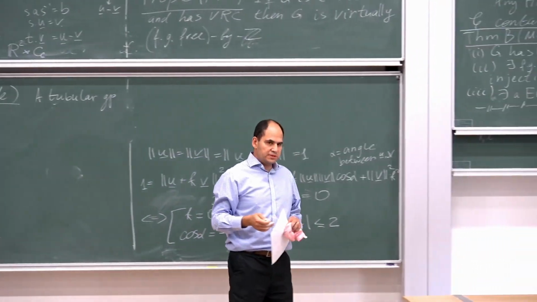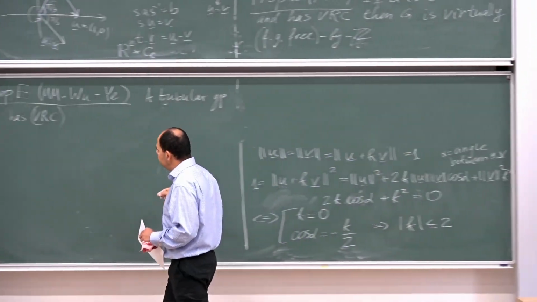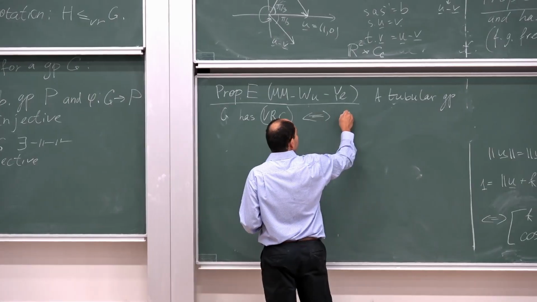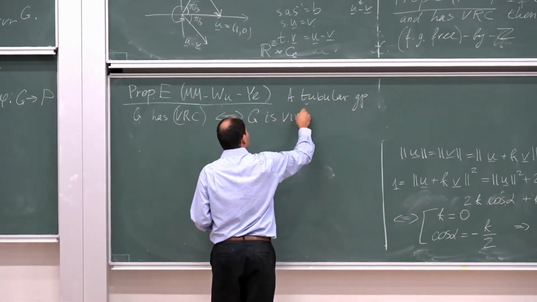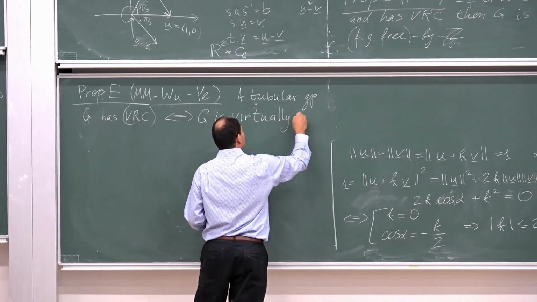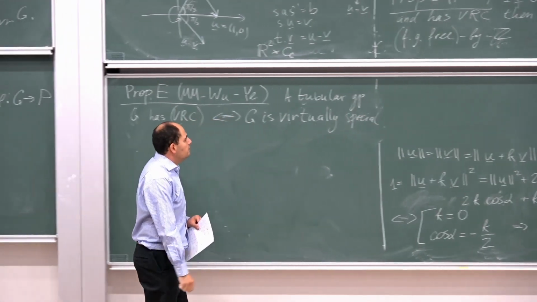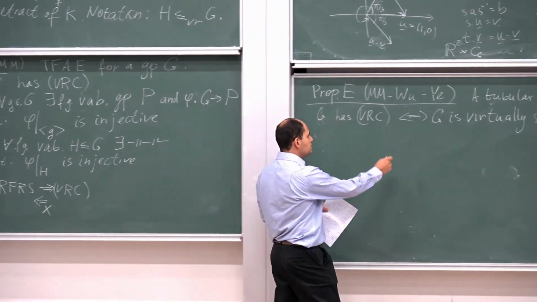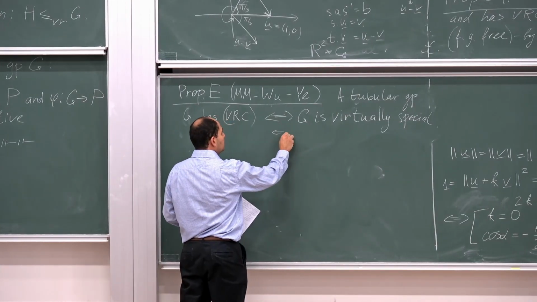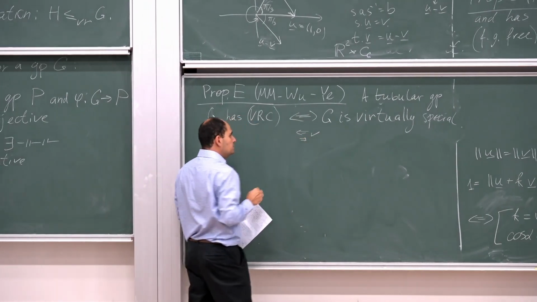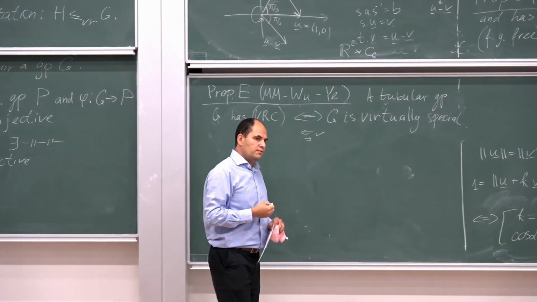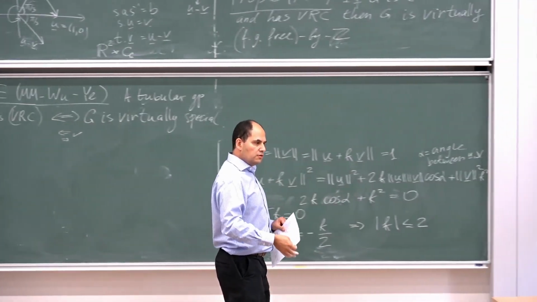All virtually special groups have VRC, but for tubular groups this is equivalent. It is equivalent, so this direction is always true for all groups. The opposite direction is true for tubular groups, and this uses the work of Woodhouse, who showed that if you